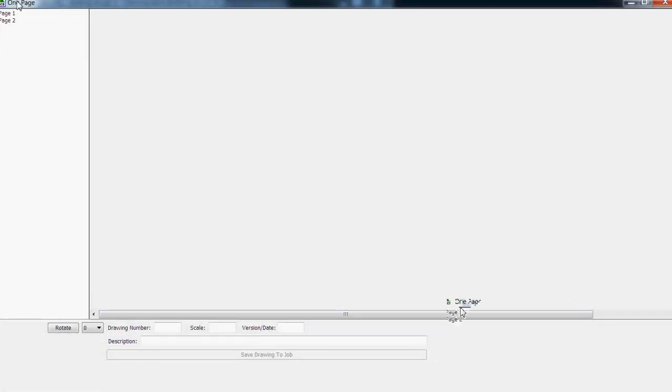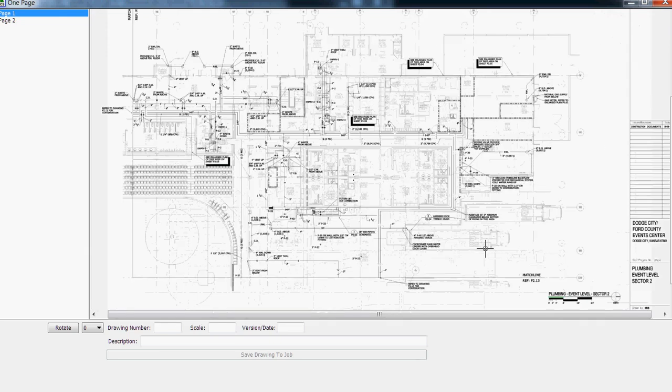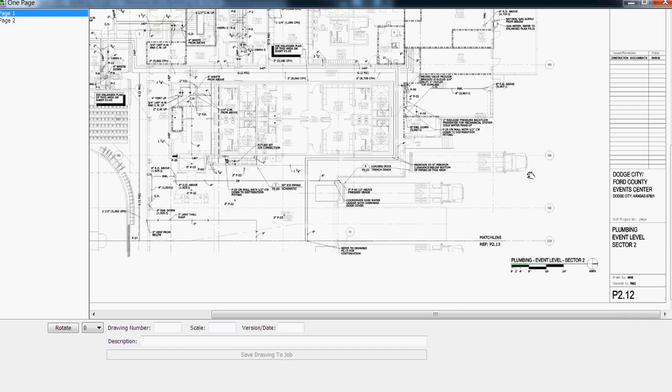And let's take a look at what we got here. So page 1 of that PDF is drawing P12. If we look at it, we can see its scale is listed somewhere right in here. Scale looks like 1/8. So let's go over here. We're going to say this page is P2.12, scale 1/8. And we can put a version or date in if we want, or we can just put